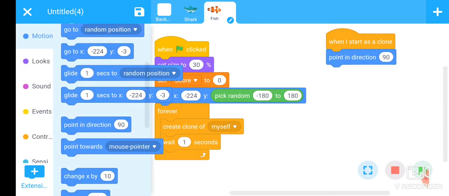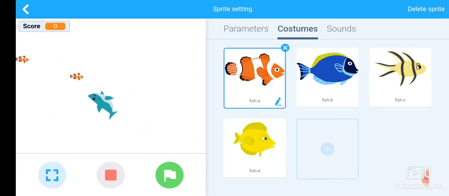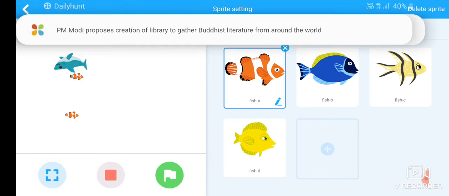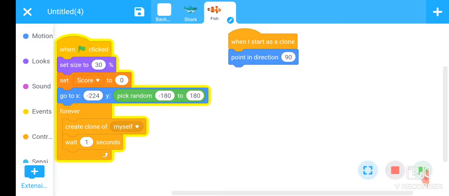We want to move the fish. Look at here, check this code. Okay, the clone of the fish is generated, but these fish are fixed. Okay, now we want to move the fish.